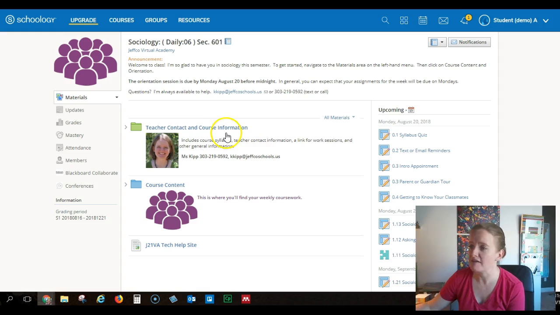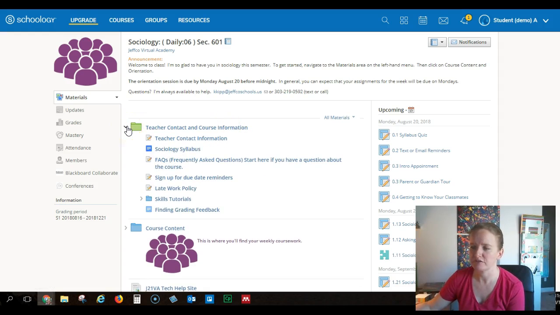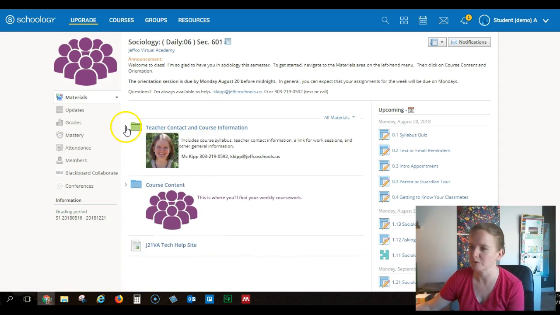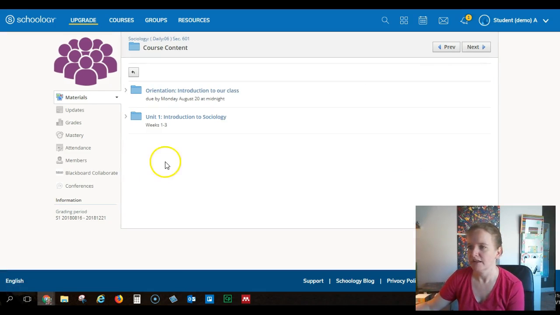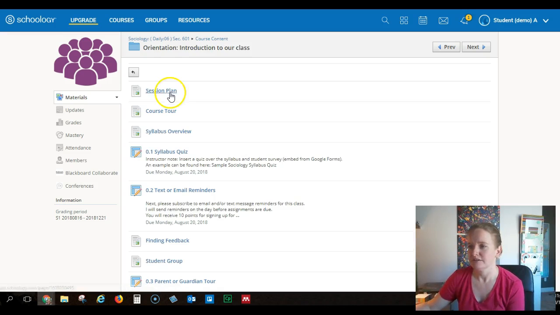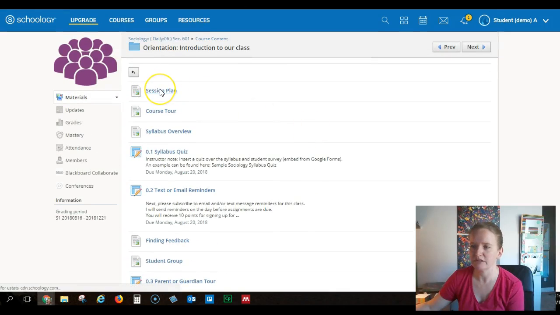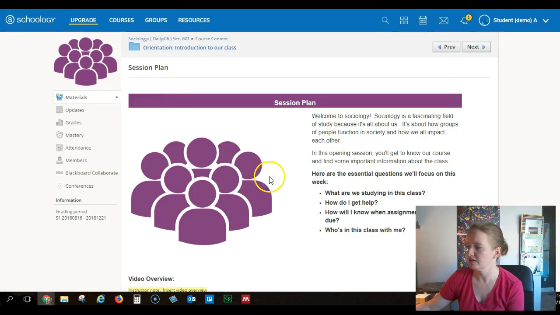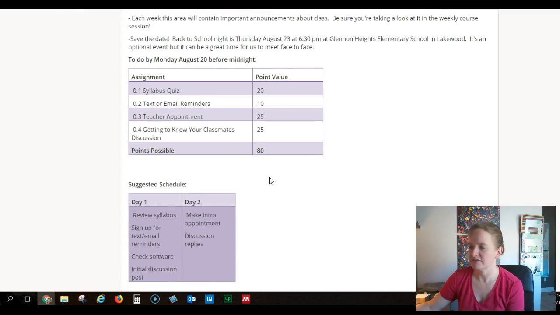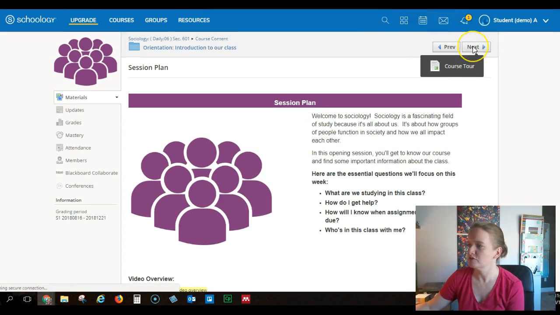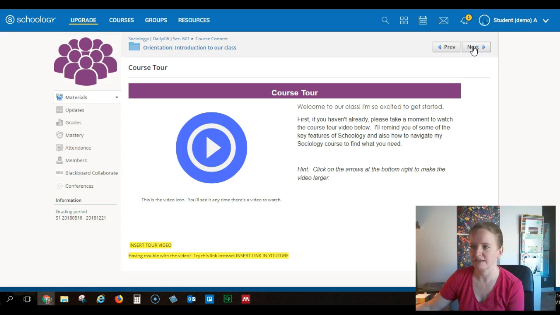On the first page here, we have a teacher contact and course information. This is where we can use this little drop-down arrow. You can see it's got my contact information, your course syllabus, things that you may want to refer back to. But the big folder you're going to be in most of the time is this course content folder. And then we can jump into an actual session. Here's our orientation session. And it'll first show you everything that's in that folder, but the easiest way to navigate it is just to click on the first page. Make sure you scroll down and read everything here. And then use the next button to navigate to the next pages